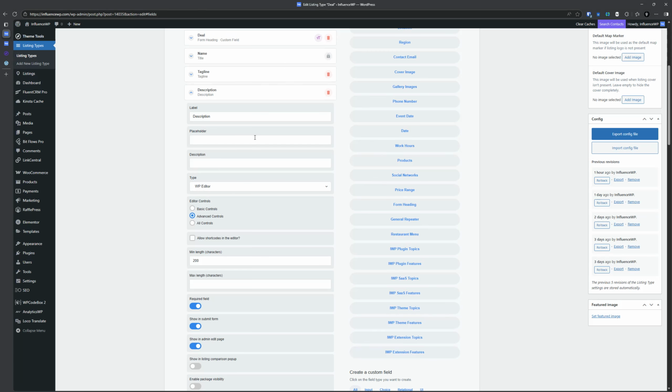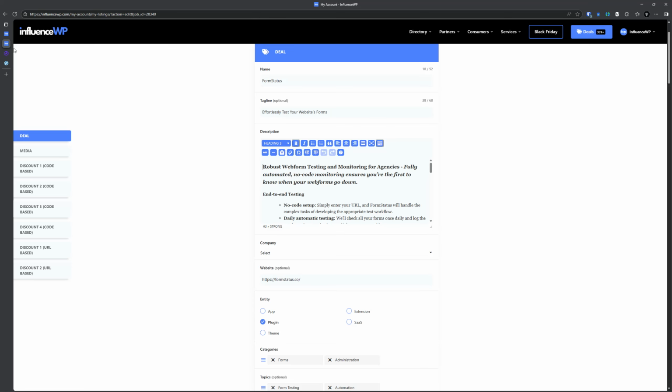All right. So I did want advanced controls there based on the feedback I was getting from my listing owners. However, I needed to hide some components from there. So back over here, you'll notice that there is no link. There's no ability to add a link, which is super important because you don't want,